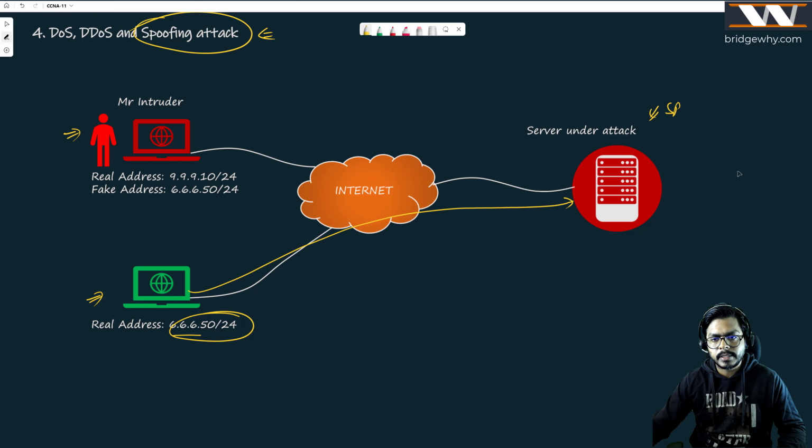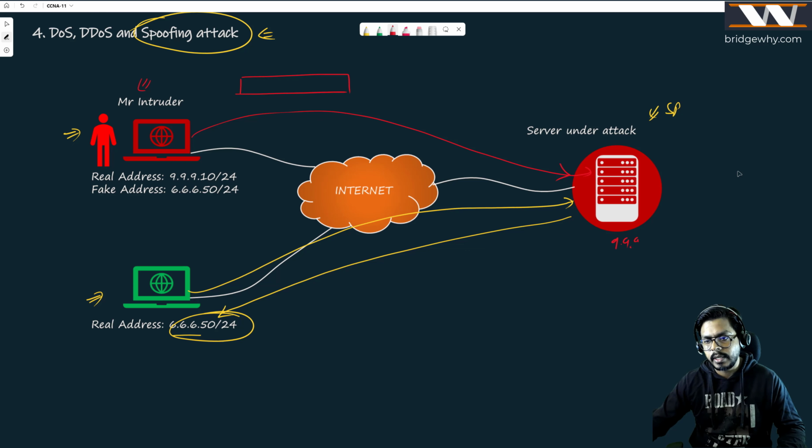It is accessing, the server is replying back. That is perfectly fine. But what is going to happen if this machine is going to access the server? There is no doubt about it that the server is going to reply. But what if this Mr. Intruder, while sending the packet towards the server, suppose the server address is 11.11.11.11. So the destination address is going to be 11.11.11.11. And the source address should be the real address of this machine,